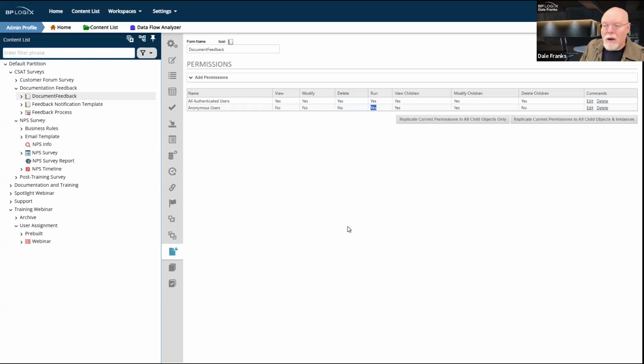So the way that we deal with authenticated users obviously is much easier because we can positively identify them. We know who they are. We can track their usage of the system. We can assign tasks to them very transparently, and we know when they've done their tasks. We know when they're currently working on their tasks. We can track, and certainly in the audit logs, we can track everything that they do on the system. So authenticated users, we basically know everything about, and we know everything that they're doing on the system.